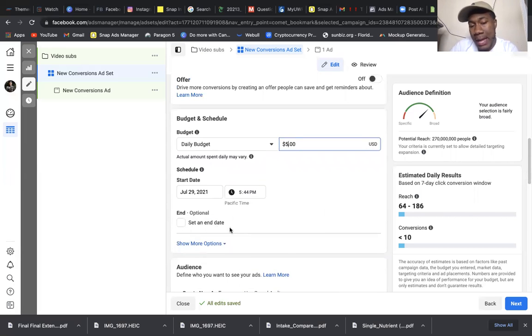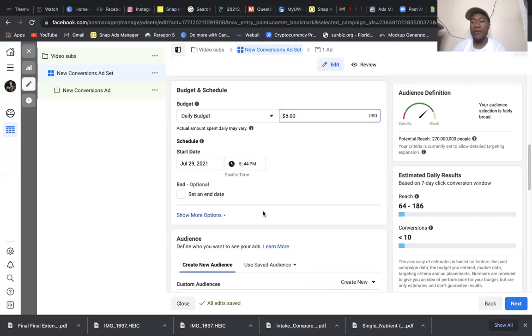So when you set your ads up and you're working with your ad sets, you do not want to set an end date. I'd recommend letting them run for at least 30 days. Now, there are other experts who say you need to let your ads run for 3 to 4 days, and it really just depends on what you're doing. If you're doing e-commerce, I recommend letting them sit for a good amount of days, so it can get all the data it needs and you can start getting sales.